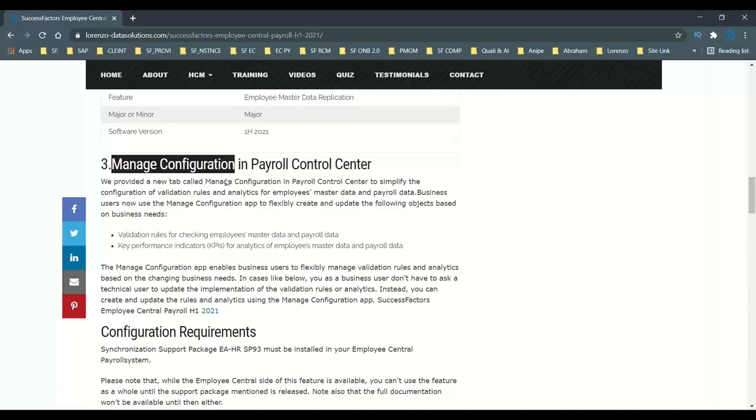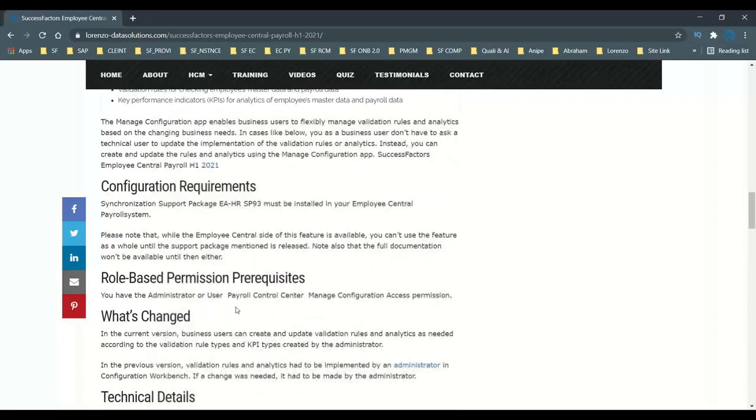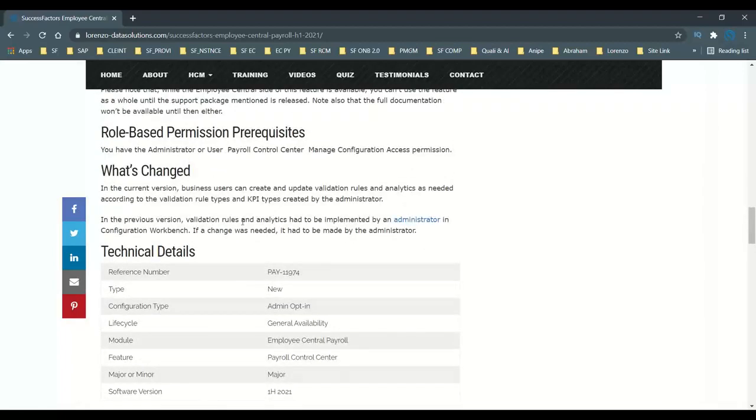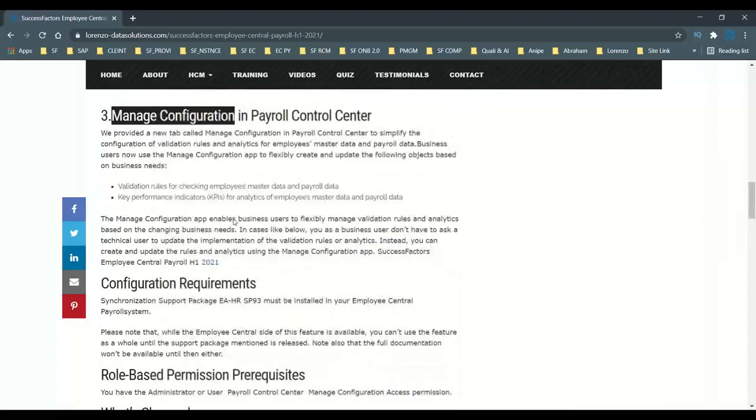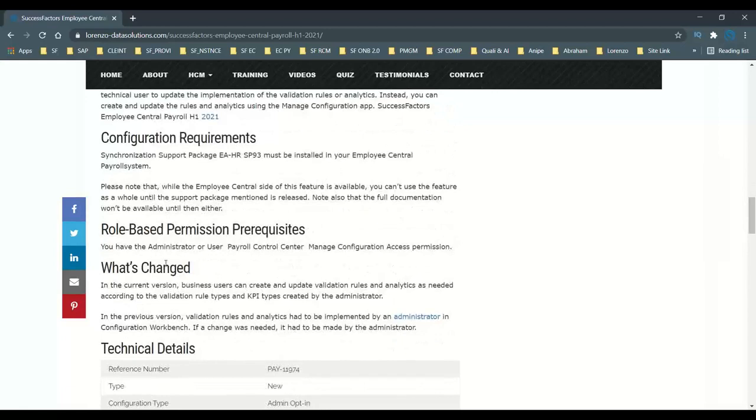Now with this manage business configuration tab, you can manage your payroll master data with the help of validation rules. This is going to check the data. If you have to enable this manage configuration tab in payroll control center, you need to go to the RBP, find the user permission for payroll control center, and enable manage configuration access.